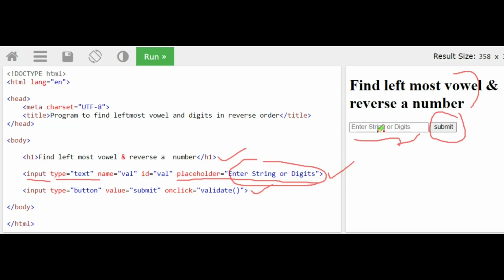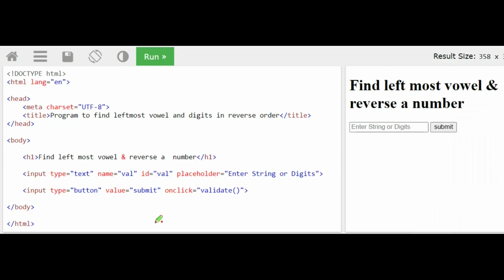So what happens is whenever you run the code and nothing is entered in the text box, you can see the placeholder value, whatever you have given, in the text box. So this is the placeholder attribute, that is the one extra thing. And in the submit button, again, I have used onclick with the validate function. So whenever somebody clicks on the submit button after giving input, I am just calling the validate JavaScript function. So this is a very simple code for HTML front-end design.